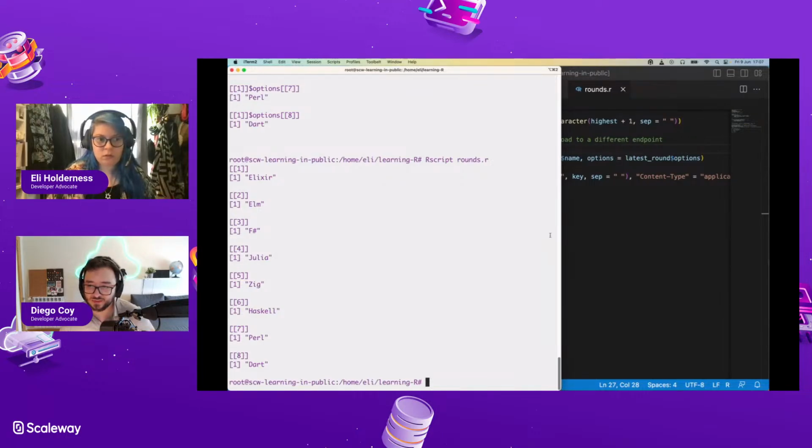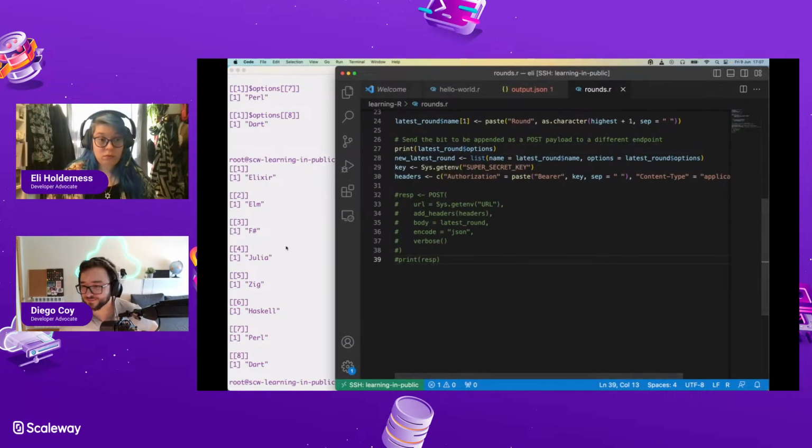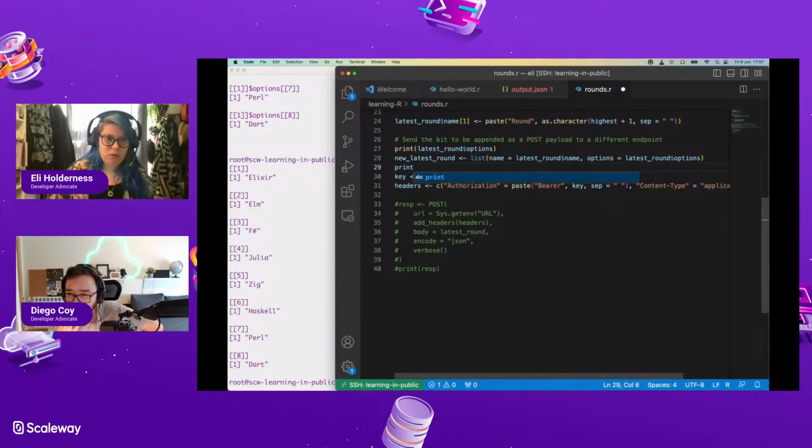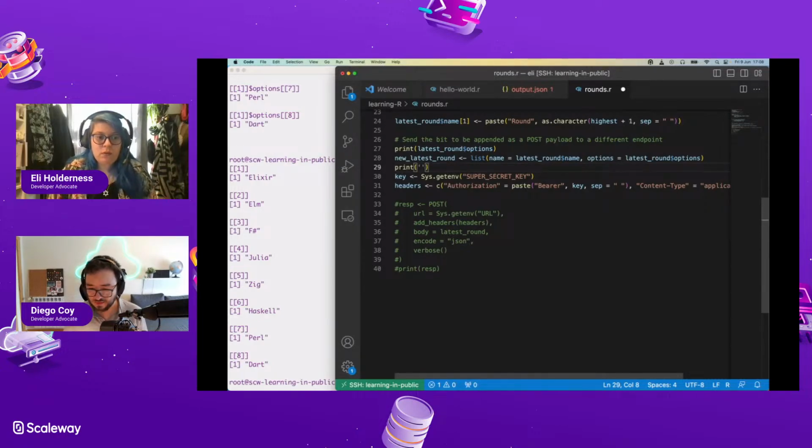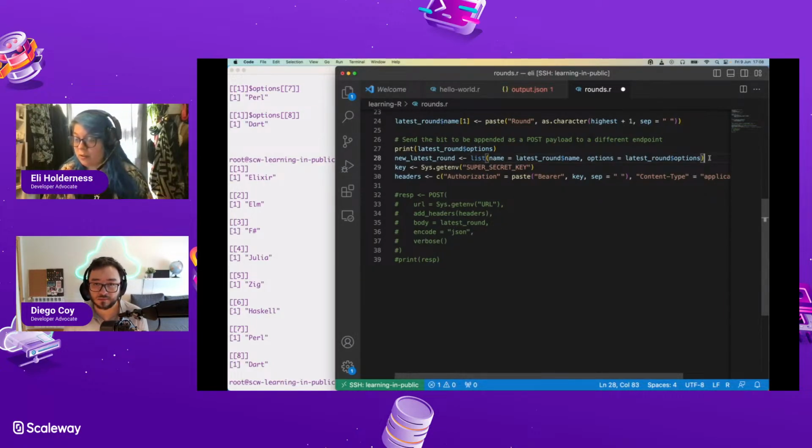Can you try making the options characters? They have to be characters. Yeah, but are they now? I think so. Is there a type of function? Yes, there's a type of function that will give you the type of.